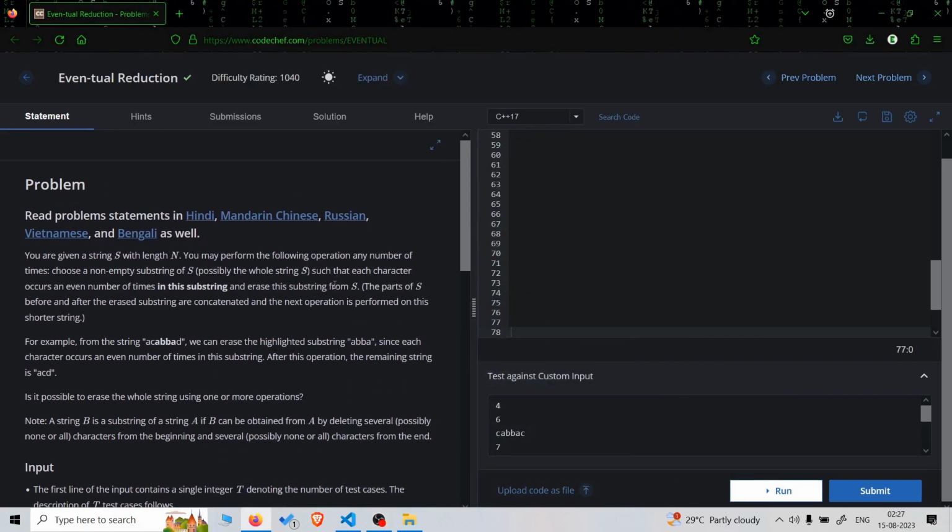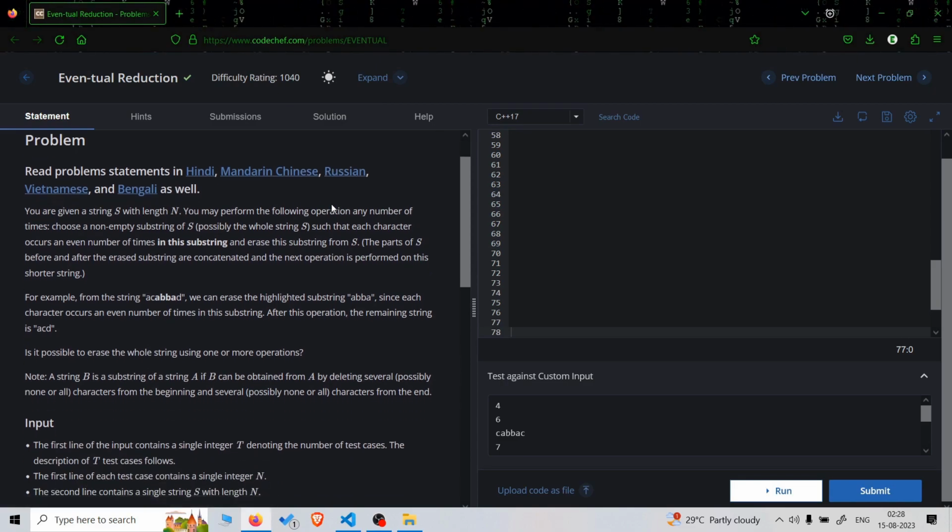Today we will be discussing a problem on CodeChef named eventual reduction. The problem code is eventual and the difficulty rating of this problem is 1040. So I will not be reading out the problem statement itself, but I will be explaining what the problem is